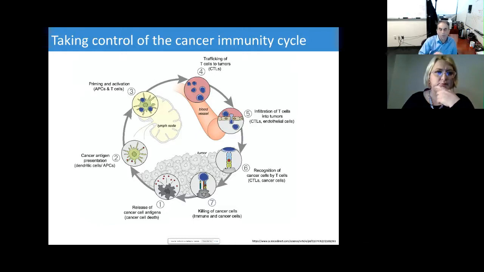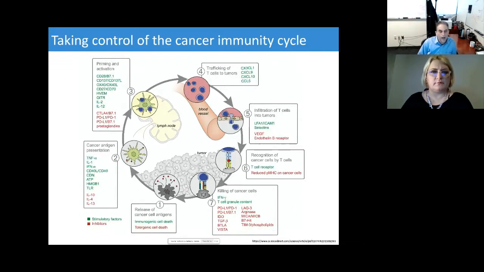Okay, and people have been working in some very exciting ways on addressing parts of this cancer immunity cycle. So here are just a small sample of molecules that have been used in various stages along the way, and many of them have had some real impact on tumor regression and survival. And so our question is, can we employ synthetic biology to really take control over this? And we've been able, and what I'll show you is a few important steps along the way.